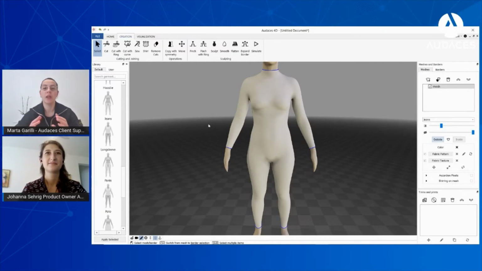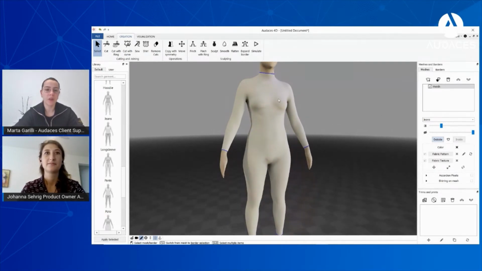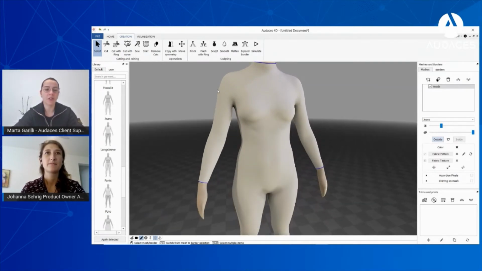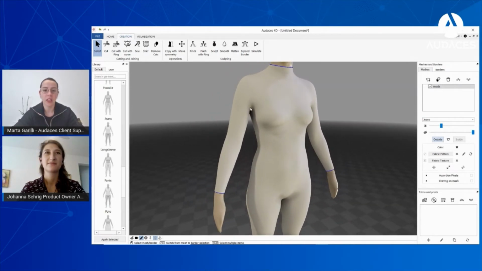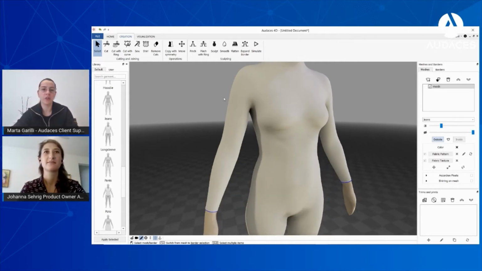All right, so let's start to create our garment. First of all, the first thing that I do when I start to work in the Audaces 4D is always to lower the armhole a little bit, to be sure that the person who will wear it will have enough space to move the arm. So using the pinch tool,